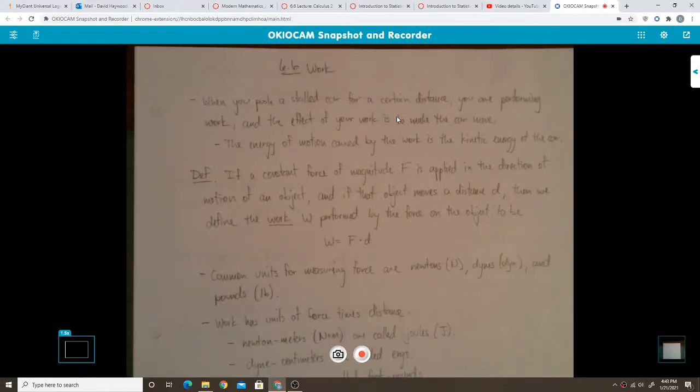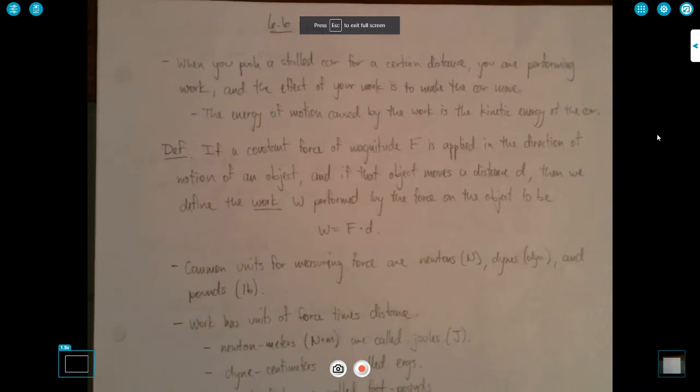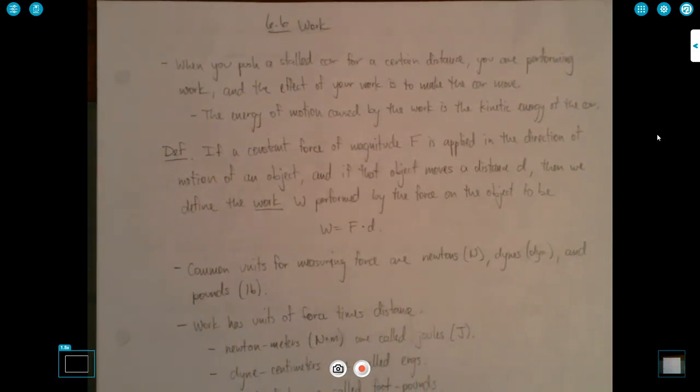All right, let's talk a little bit about work. So this is section 6.6. And I am not going to get into a whole bunch of nitty-gritty details about this. In my opinion, that should be reserved for a physics class or an engineering class. However, it is appropriate to at least talk a little bit about work because it's one of the many applications for integration,